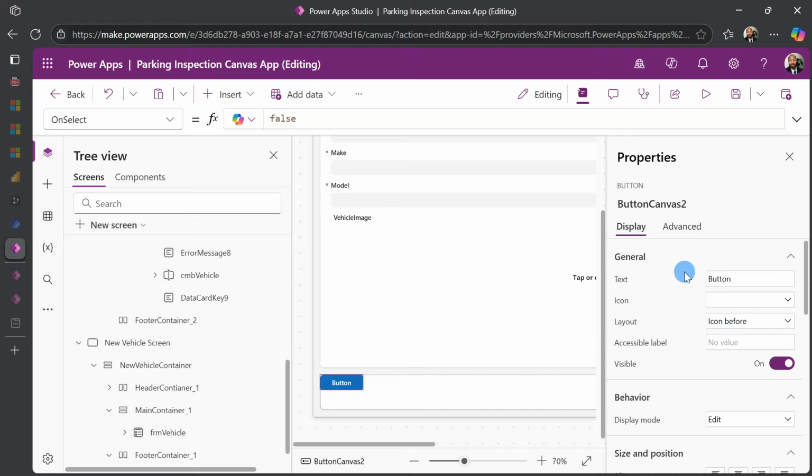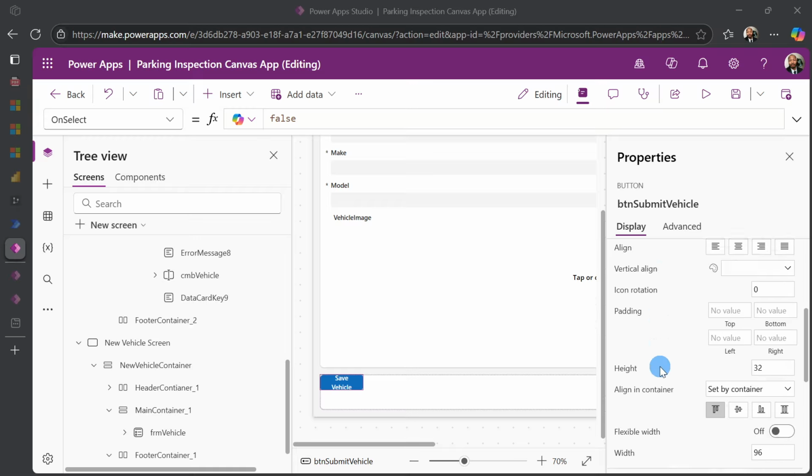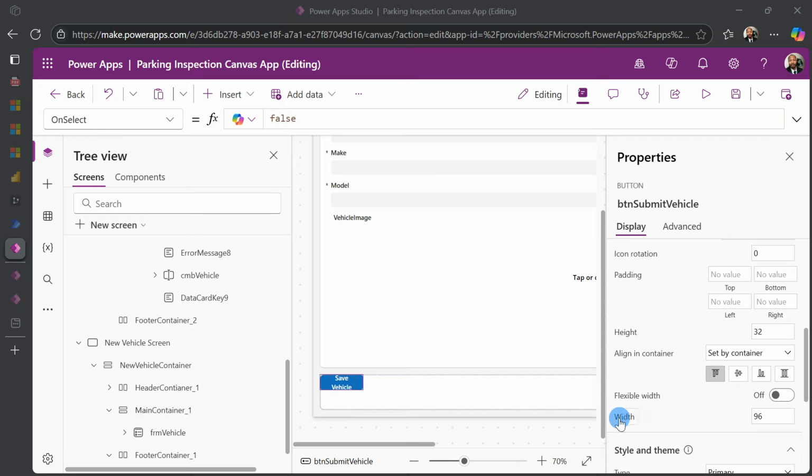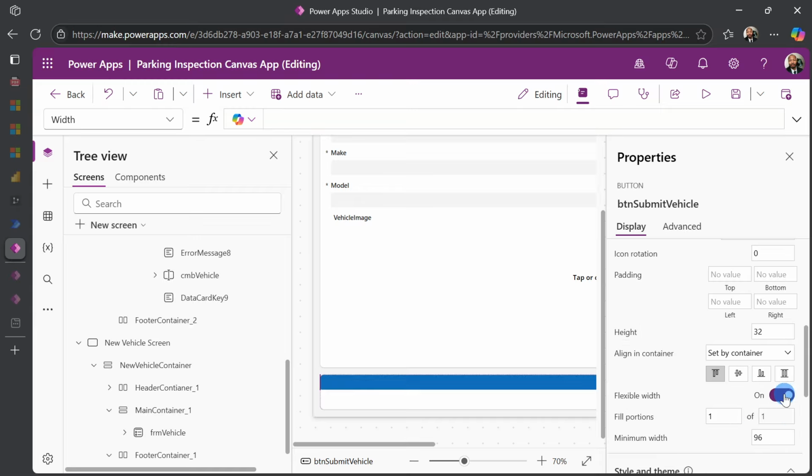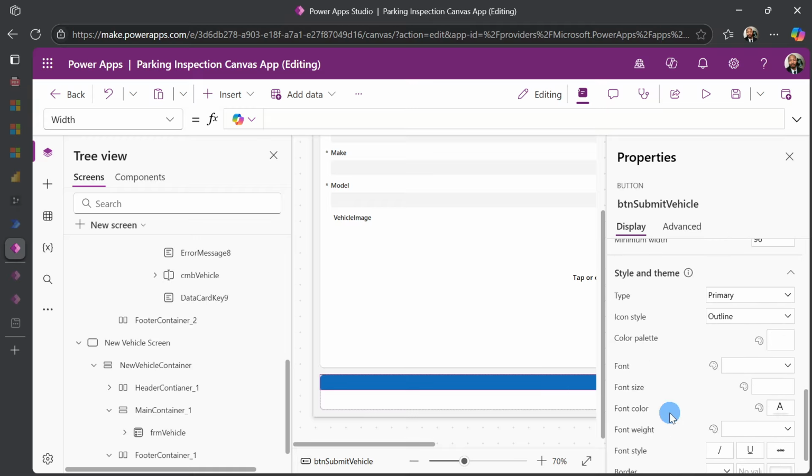And I'm gonna go ahead and rename this button. All right, so I named it button submit vehicle, and then for the text value, I just put save vehicle. Let's go ahead and do some more edits. So for the width, go ahead and put, you know what, just put flexible width on. Let's let Power Up do the work for us. So put flexible width on,